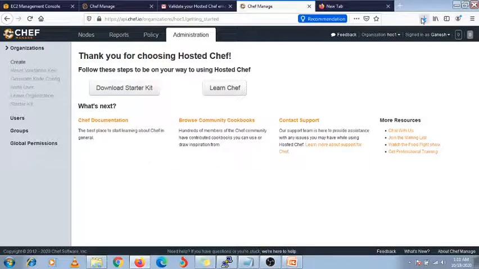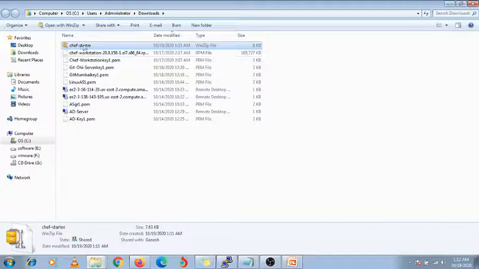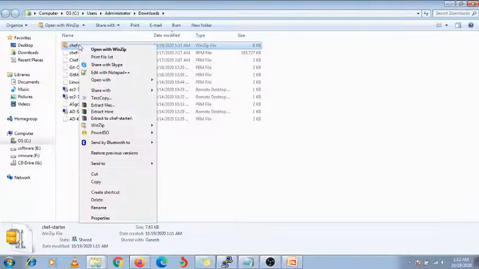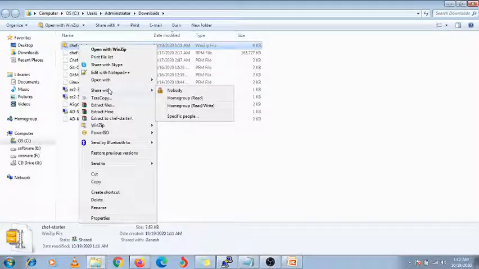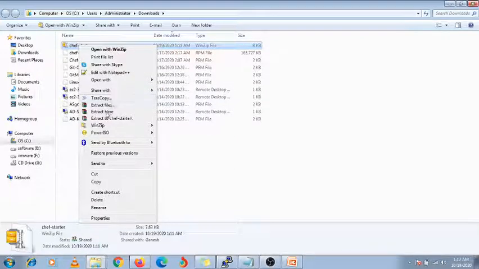Okay, no issue. This file is now downloaded, so just click on it. This file is downloaded and it is in zip format. So you need to unzip it. I'm going to extract it.